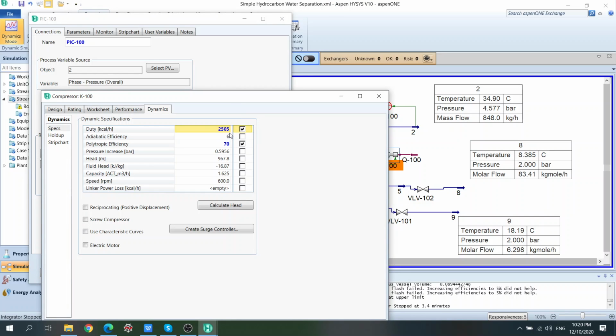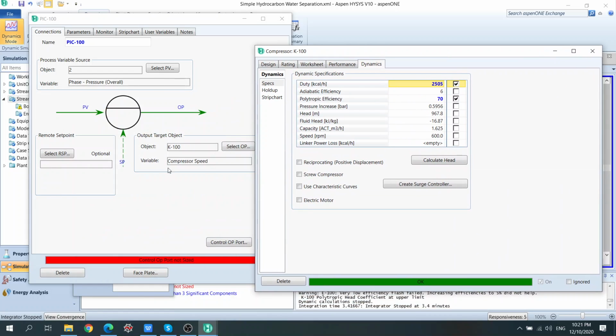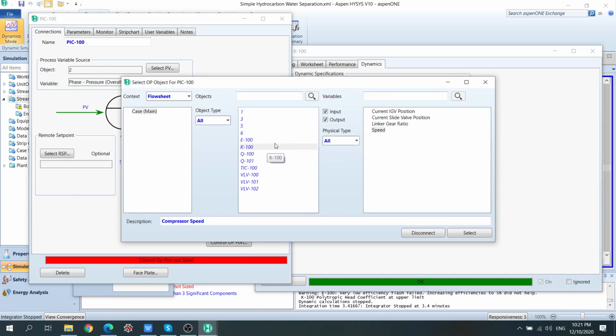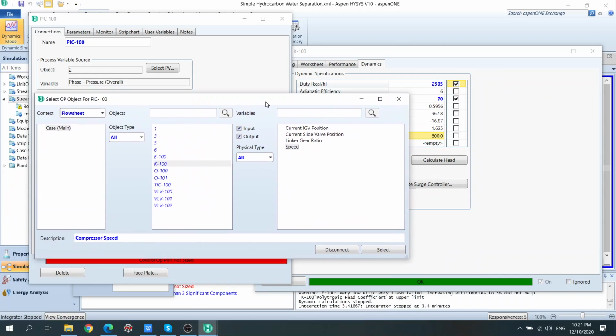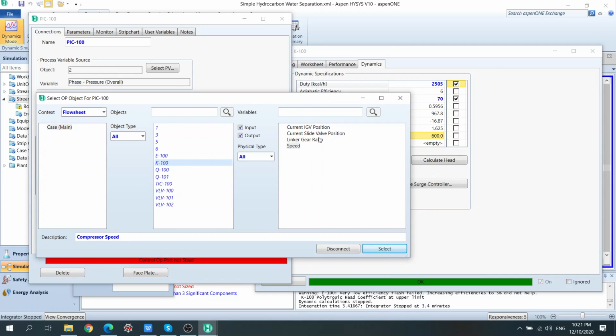It's just there, but it's not. It has to be an input. So the one that you want to manipulate has to be an independent variable. It has to be an input, while the speed in this case is not an input. This is then the calculation. So in this part, we have to play around with the duty, because duty is the input. So because duty is the input, that means we have to